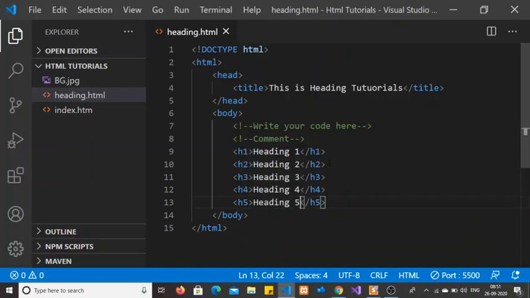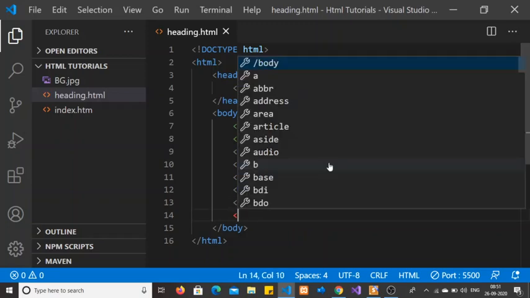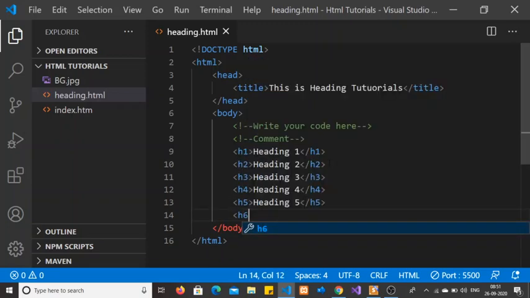I'm writing every code here so you can understand why I'm writing the code and what its purpose is. I'm not copying any code from somewhere else and just showing you. I wrote all the heading tags, h1, h2, h3 to h6. So I make changes and save in the code editor.